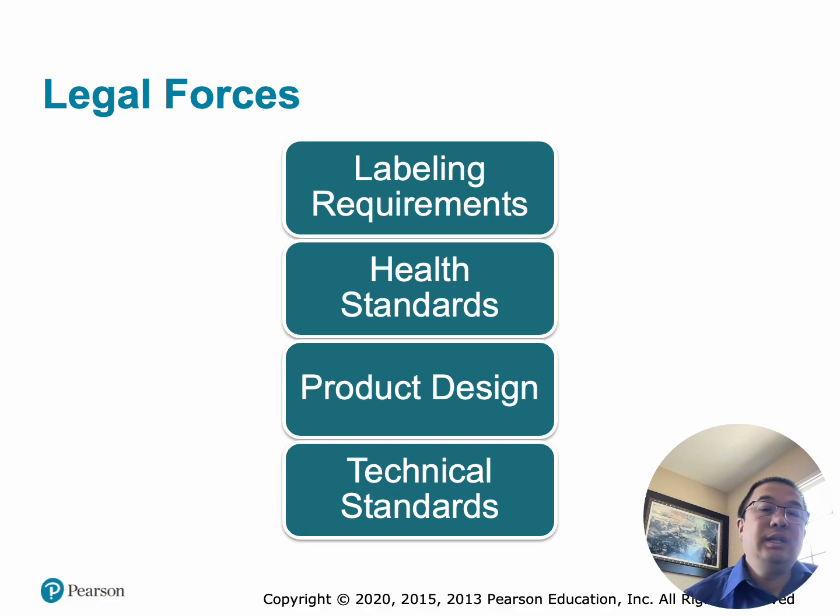Number two, health standards. Governments regulate products to protect public health. Examples of this would include food safety regulations, pharmaceutical approvals, cosmetic ingredient restrictions, and chemical content limits. The European Union restricts certain food additives and chemicals that may be permitted in other countries. A company may need to reformulate its product before selling in Europe.